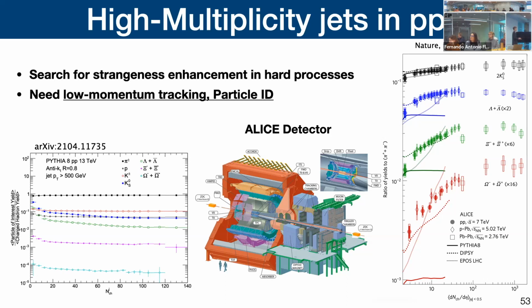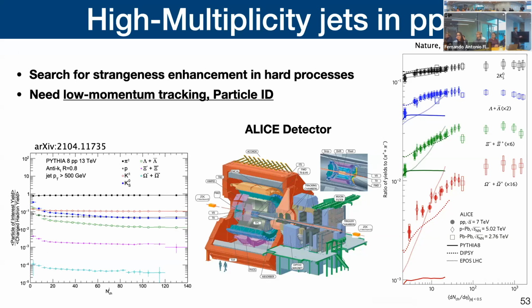And you can see here, this is the multiplicity of the whole proton event. So not just one jet, but the entire event. And they compared to Pythia, and you can see that Pythia here, once again, is flat, while the data shows a very clear dependence, right? So we know if we look at the whole event, we see this rising trend, which is not described by generators. The question is, do we see that if we look at one jet?